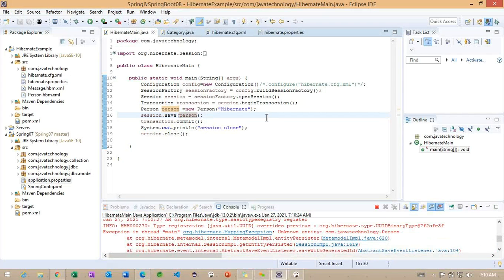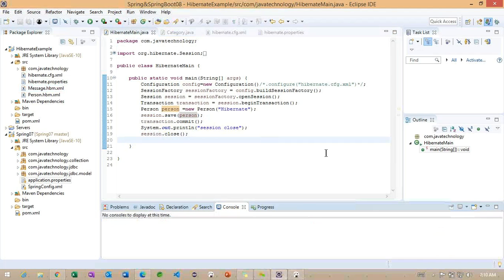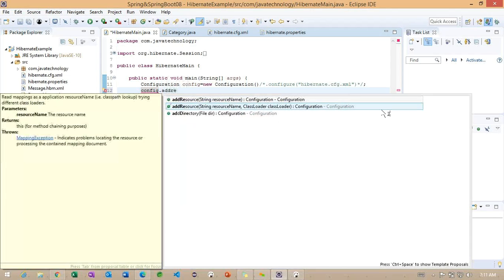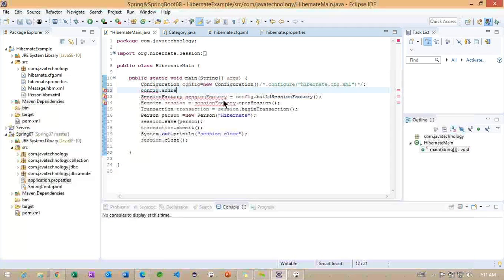What can we do? To map it, initially we are working on this particular hibernate.hbm.xml. Observe here, to specify, we have one option here, not CFG, we worked on the config here: config.addResource, config.addResource.